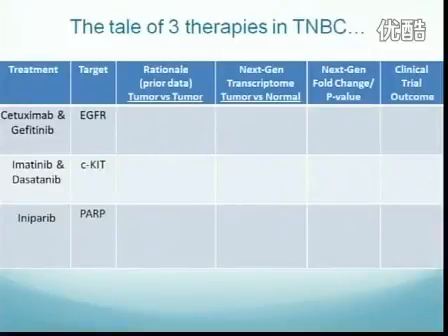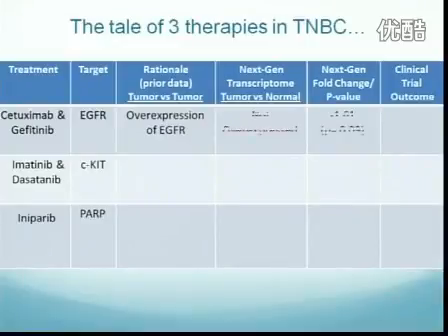Okay? So the first drugs here are cetuximab, which is made by ImClone, and gefitinib. Cetuximab is an antibody against EGFR. Gefitinib is a small molecule. We looked at previous tumor versus tumor data. EGFR was overexpressed in triple-negative breast cancer compared to other breast cancers. We were shocked to see when we did our studies that we did not find EGFR to be overexpressed compared to normal. Actually, the fold changes were very similar, p-value not significant, and now 3 clinical trials